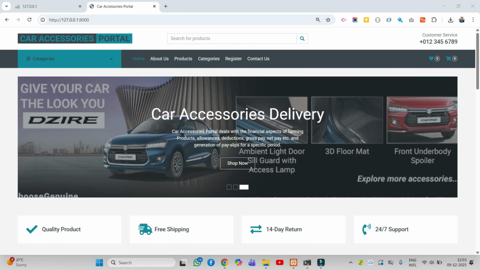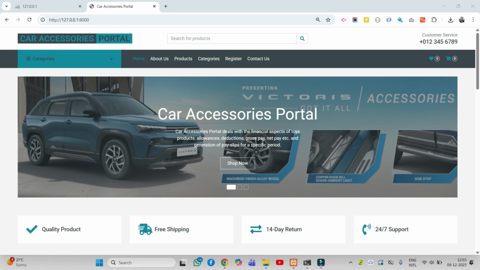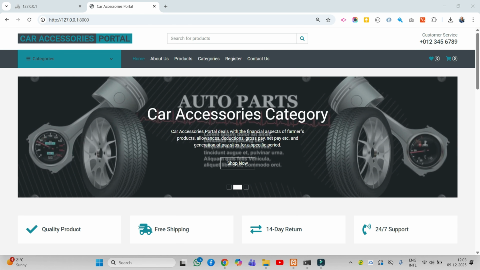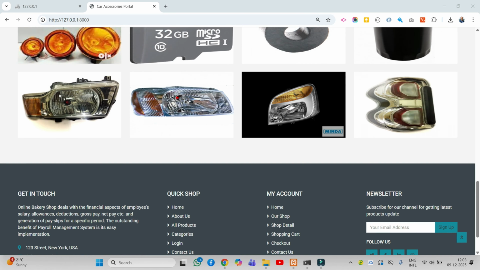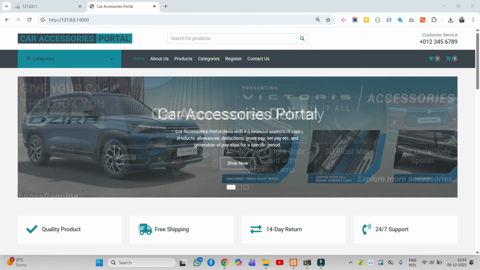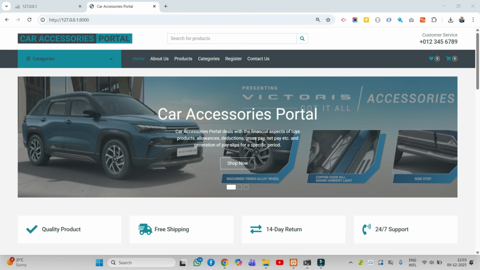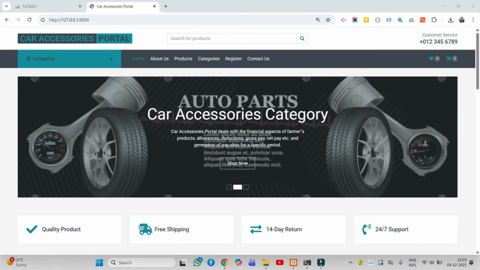I am also using the latest version of Python, which is 3.12, and the Django version is 5. This is the technology stack I am using for creating this project. This is the front-end page of the project, and the project title is Car Accessories Portal. I developed this project in Python, Django and MySQL, and I have used HTML, CSS and JavaScript, some